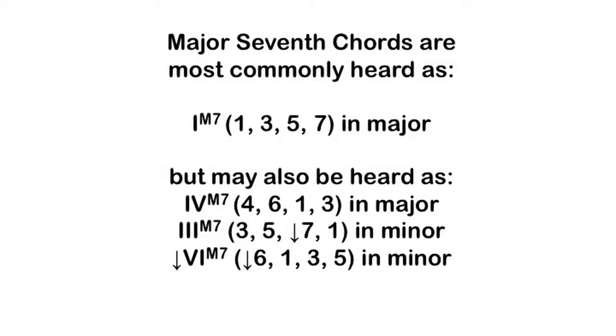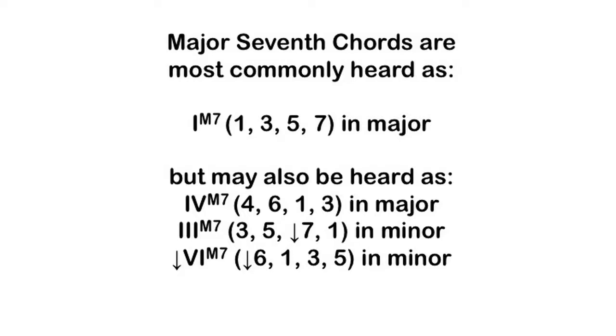So there's a little bit of information that you have to know in order to do this effectively. First of all, you have to know the component scale degrees of each of the types of tonal seventh chords. Typically, we'll hear major seventh chords as tonic chords in the major mode, consisting of scale degrees 1, 3, 5, and 7, although we might hear them also as subdominant chords in the major mode, consisting of scale degrees 4, 6, 1, and 3. There are some other combinations that show up, but we tend not to hear major seventh